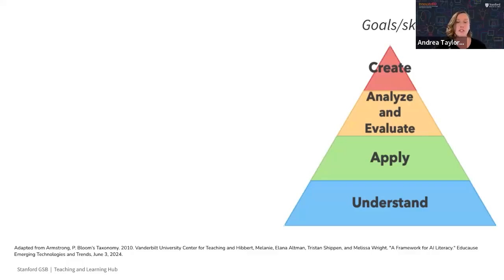And so this is just simplified down to 4 levels to help us really think through more targeted ways to assess our assignments. So your assignments might draw upon all of these levels or just a few, and they are all valid and important in learning. So how might you expect them to exercise this skill set or expertise, moving up from the bottom level of understanding and through that higher order thinking of analyze, evaluate, create?